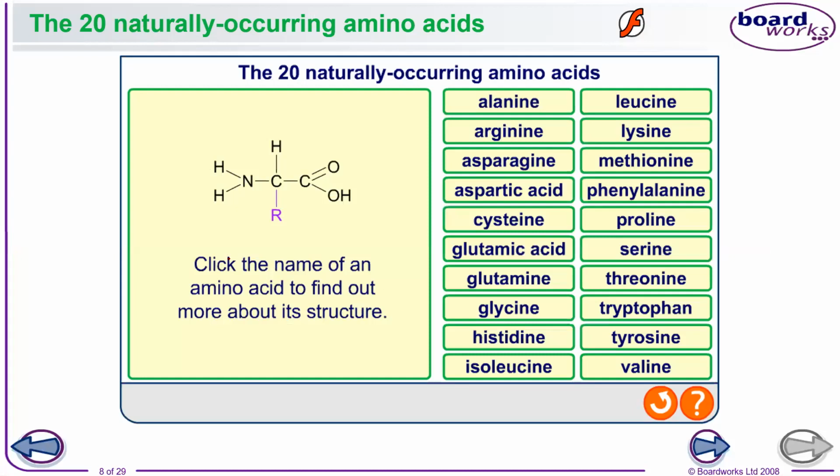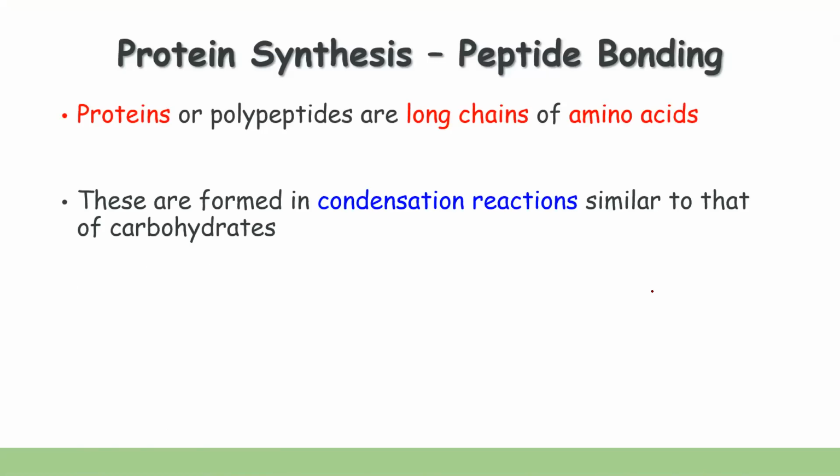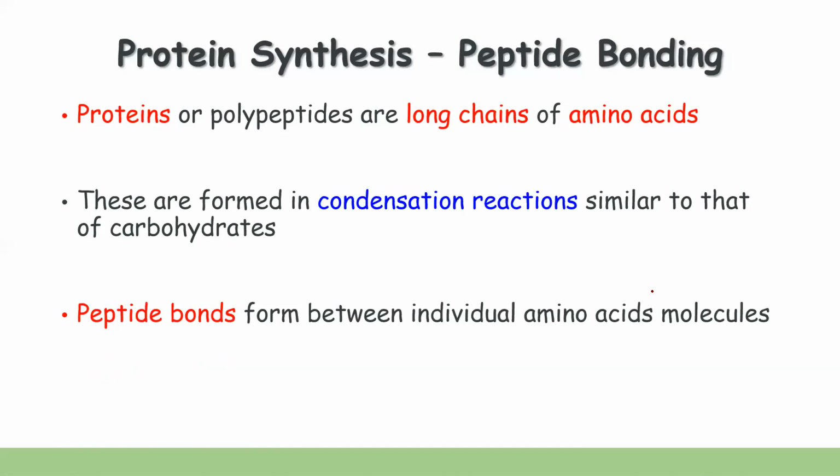Right? And again, they have just shown you the naturally occurring amino acids. You do not need to know the names of all. But these are the essential, naturally occurring amino acids that are there. So we have talked about condensation reactions, and the bonds that are made, we call them peptide bonds.